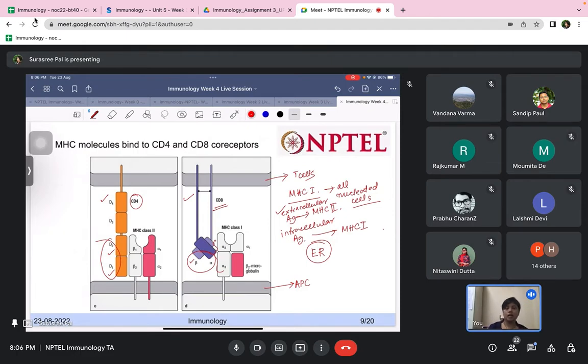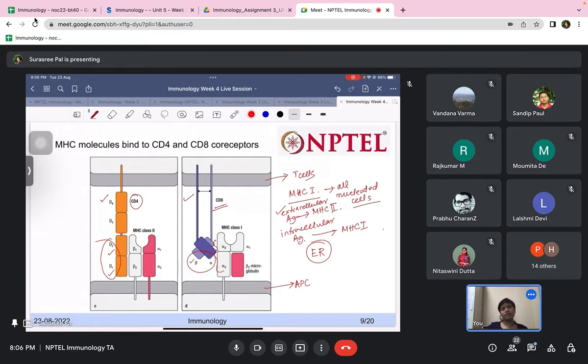Whichever got attacked, and that is what I actually wanted to say before Vandana gave her very nice explanation. Remember that these MHC proteins are not only presenting the pathogenic peptides. That is the first point you must remember, everyone: the MHC proteins are always presenting some of our self-peptides as well. And when we go through the B cell maturation and T cell maturation processes in much more detail, you will see that